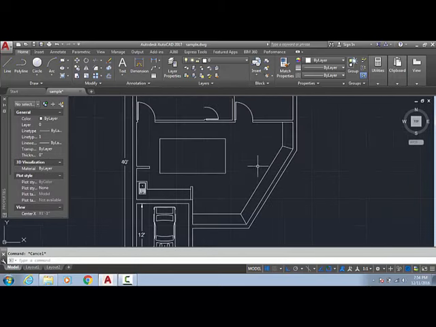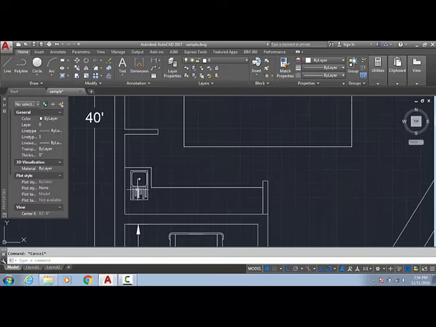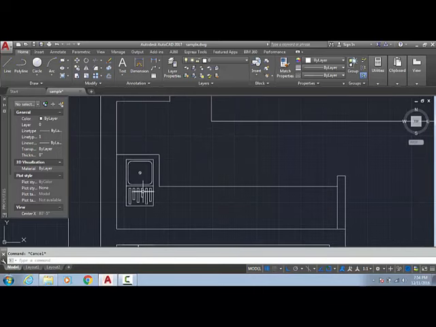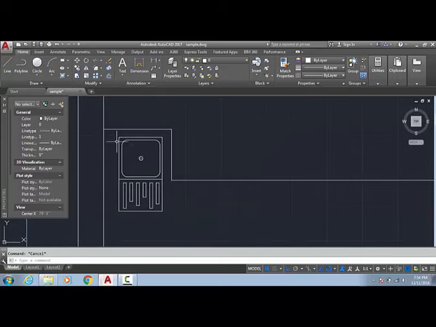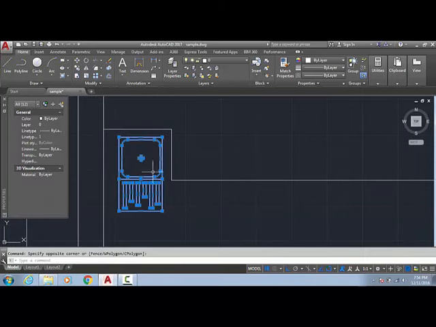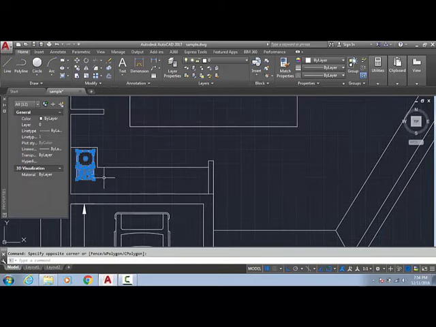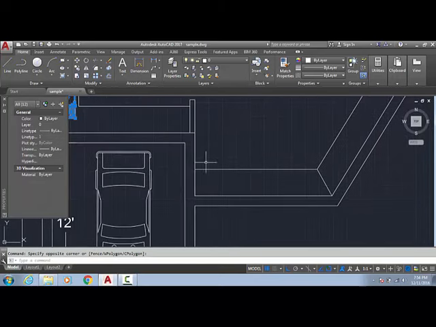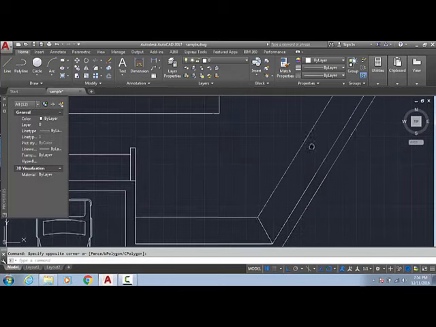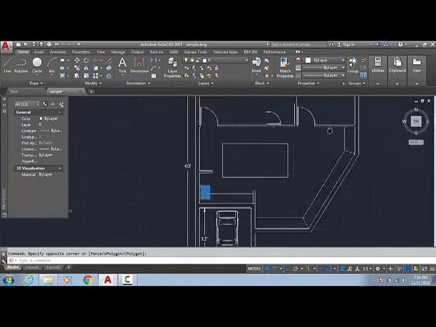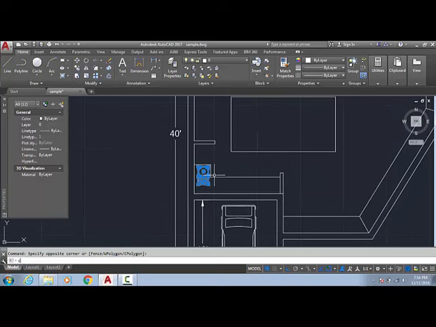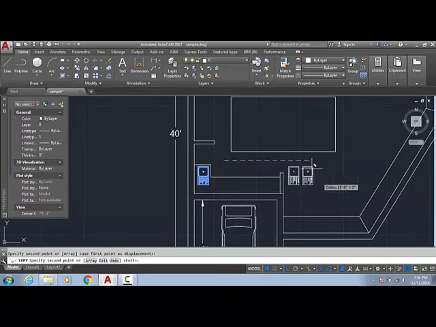What we have to do is arrange this sink, or just think this is a gas stove. We could put a gas stove also, but we would have to find the blocks again and put them here, losing some time, so instead I am using this block. Now we have to place this along this line, this line, and this line. How to do that? With the help of block properties, dynamic block.